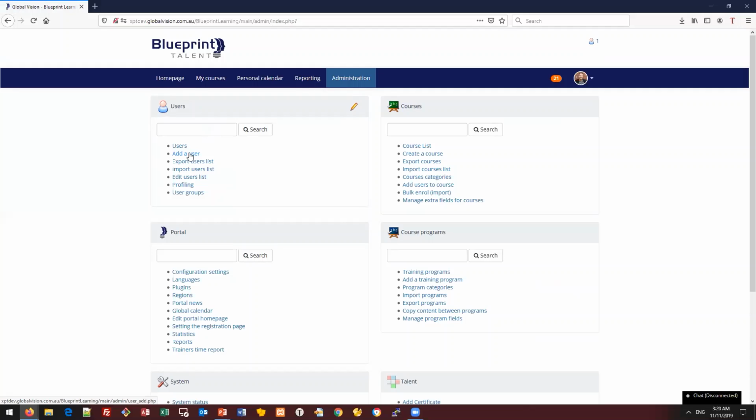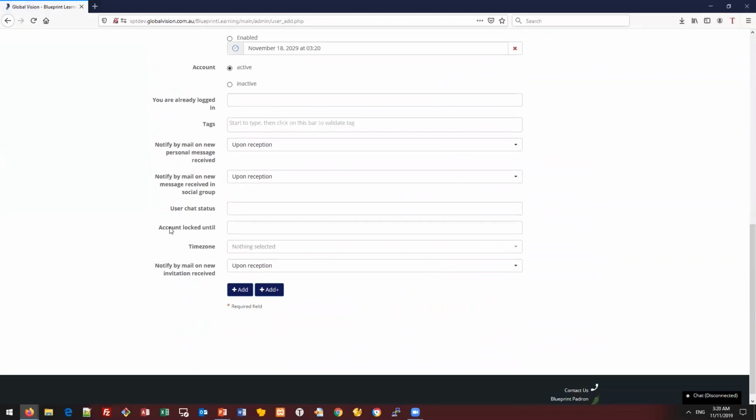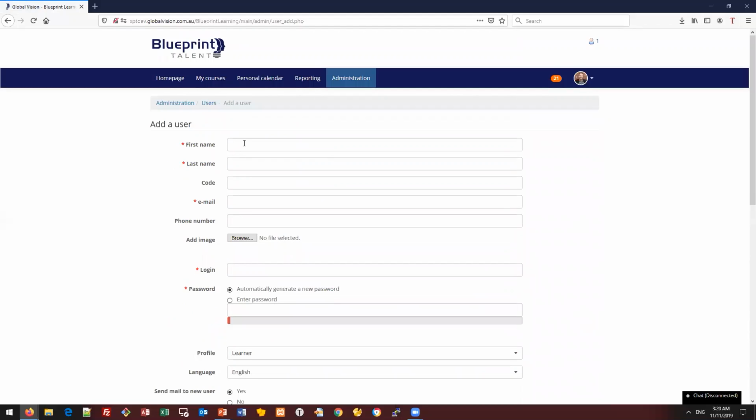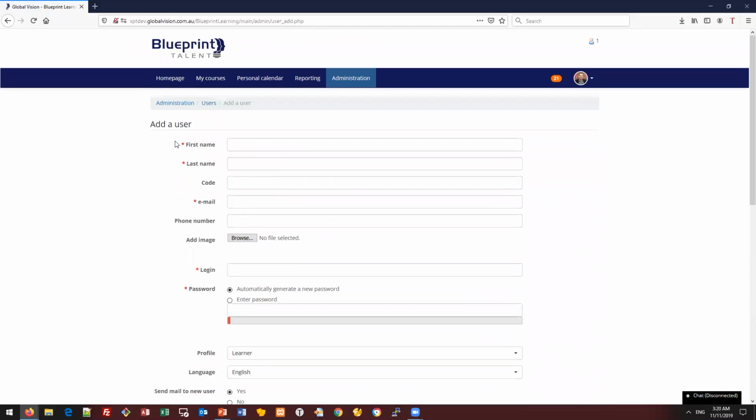Clicking on the add a user menu, a blank form is produced and we fill in the details of the user. If you have a red asterisk beside a field, it means that it is a mandatory field. In this case, the first name here is mandatory, of course, so we will do